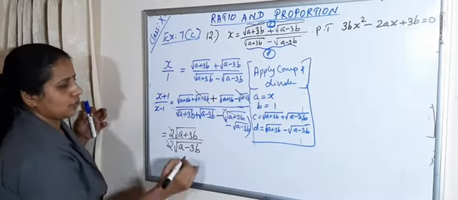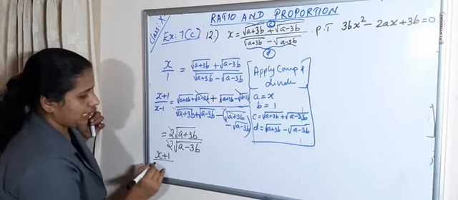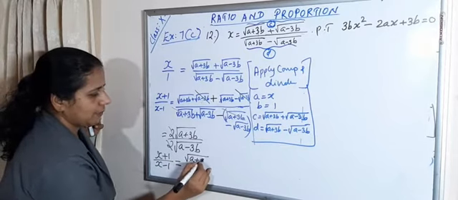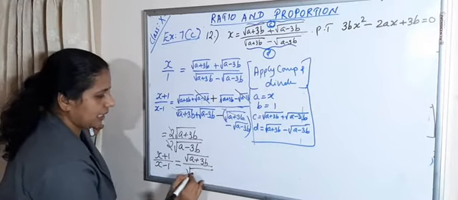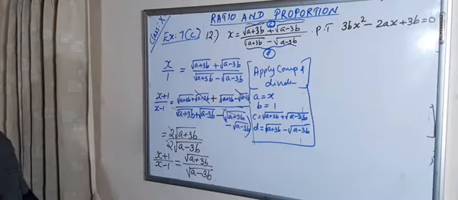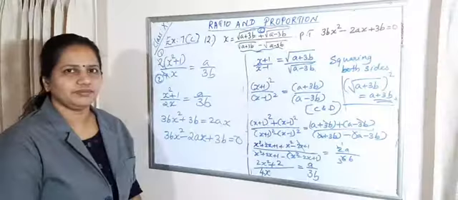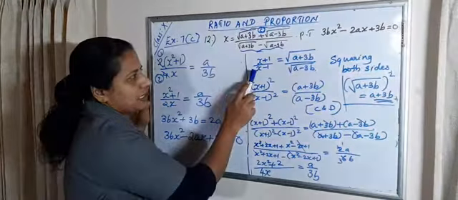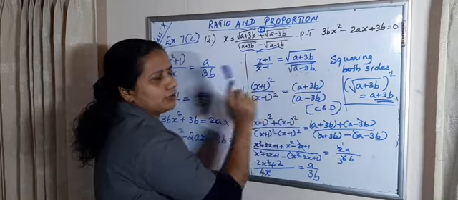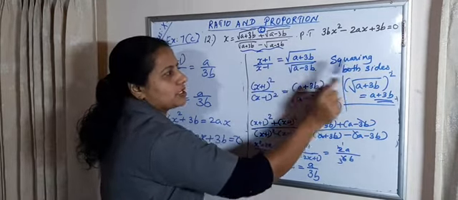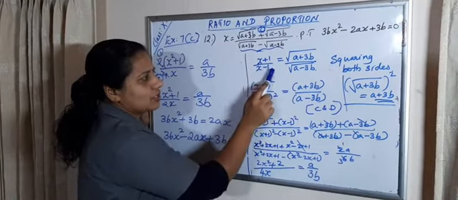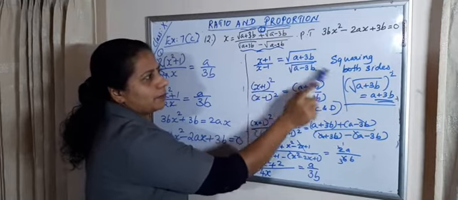Now cancelling these two, we will get x plus 1 by x minus 1 is equal to root of a plus 3b by root of a minus 3b. Okay, next write down this one. That is x plus 1 by x minus 1 is equal to root of a plus 3b divided by root of a minus 3b. Squaring both sides, we will get x plus 1 whole square by x minus 1 whole square is equal to root of a plus 3b whole square